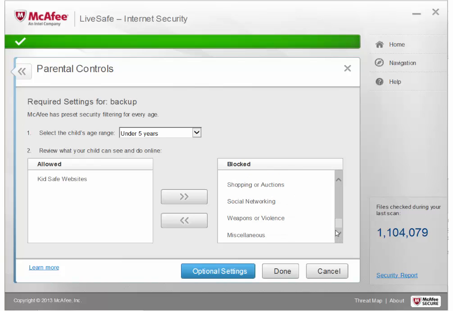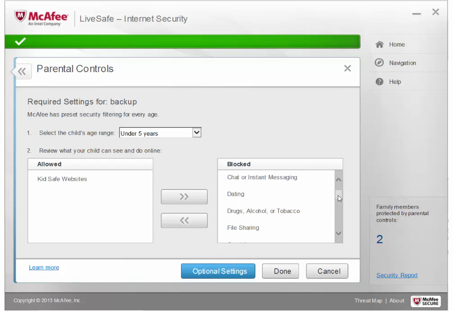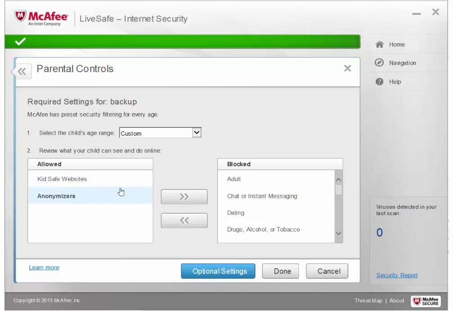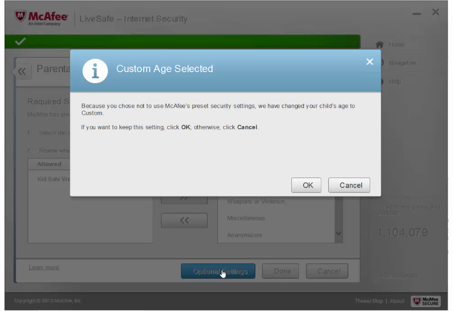But you can see here lots of good stuff in there, profanity and gambling and drugs and all of that, adult content, all of it being blocked. Now I can click on one and say I want to allow that, or I want to have that. I can also go in and just do custom totally and break it down of how I want to do that. And then I can also go to optional settings,